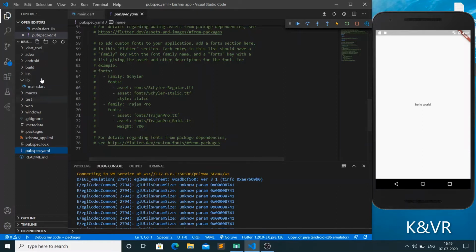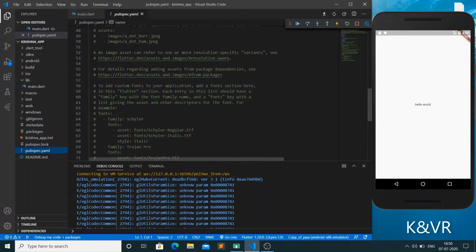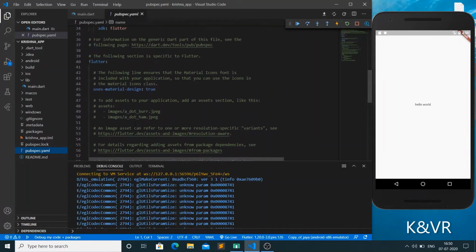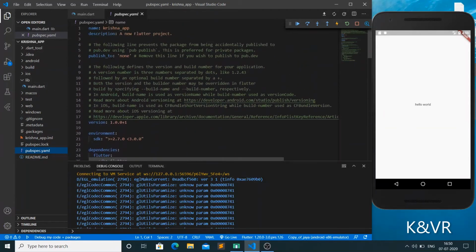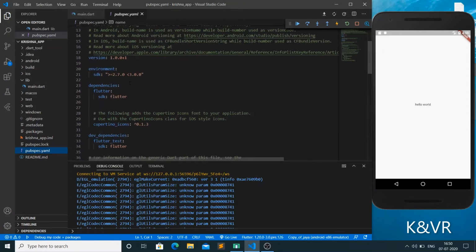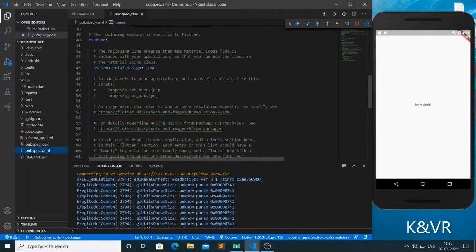First we assign from here, then only you can use them in your files. It is in the comment section, you can uncomment it and give whatever font styles you like. Here are the images, you can use images here. You can first assign here and then only use them. The pubspec.yaml is the main important file. Each space is also counted in the pubspec.yaml, even one space is counted.